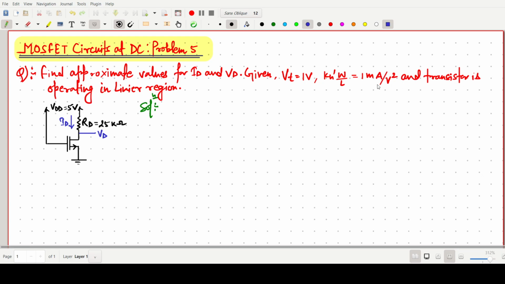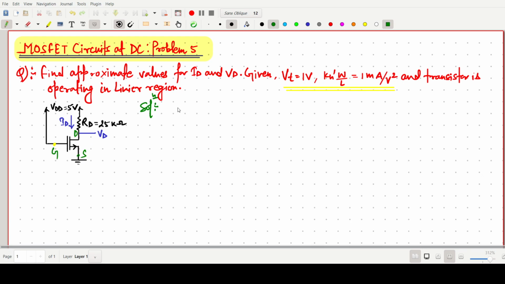It is given that the transistor is operating in the linear region, and the given things are the threshold voltage and K'n W by L. So this one is operating in the linear region, and we have to find ID and VD. Basically this one is our gate, so it is better to write gate, drain, and source. Here, first thing, the circuit is in the